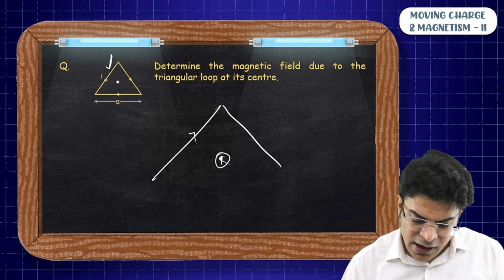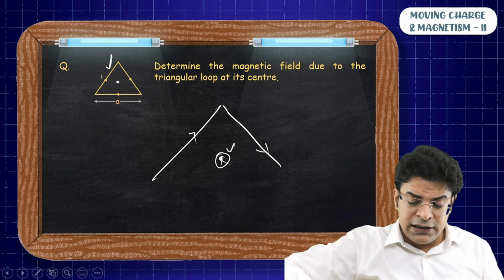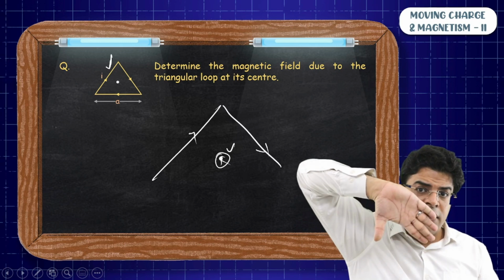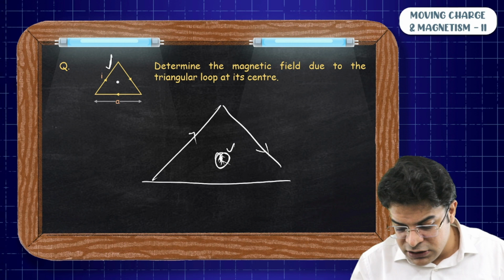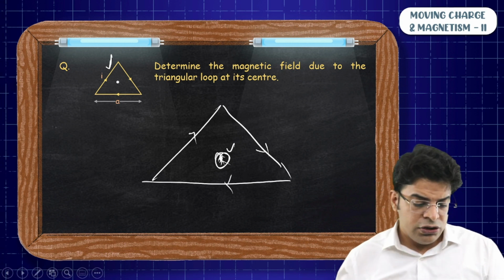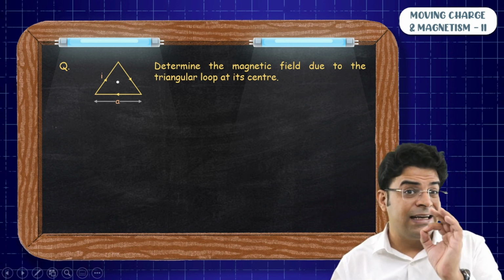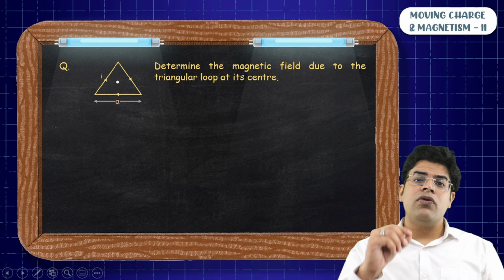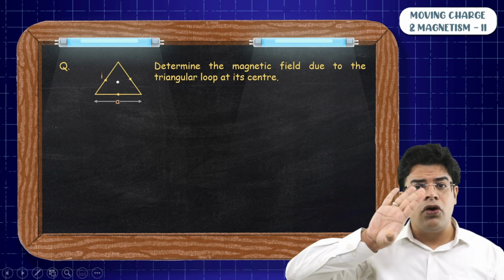Due to this second wire, at the center, what will be the direction of field? So align the thumb of right hand in the sense of current and then curl your fingers. So you will again say inward. And due to this third wire, what is the direction of magnetic field at center? Inward. So you will say that due to all three parts, the direction of magnetic field at the center is inward. And we could have also said the direction of magnetic field at the center to be inward using the knock-knock rule.